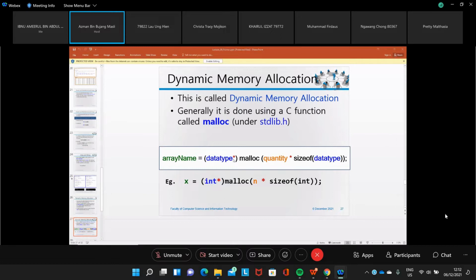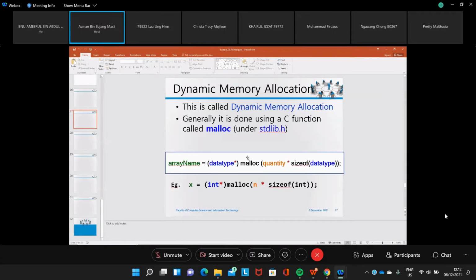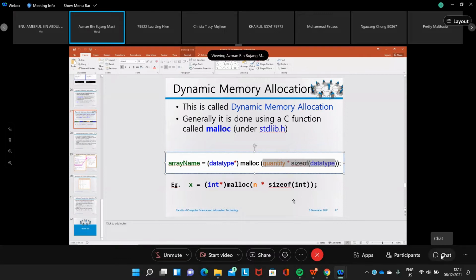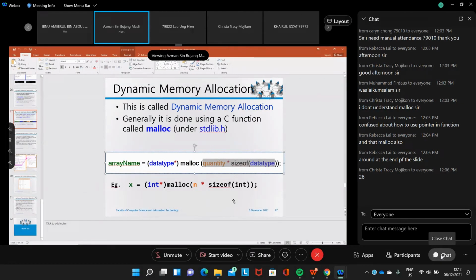You have to remember the syntax of how to use malloc. We have the data type in brackets, and then the function malloc, and then we assign the size of your data type. If your pointer is simply an integer pointer, not an array, then you can put the size of integer. You just get rid of this n because it is not an array. It's only one integer, so you put the size of integer.